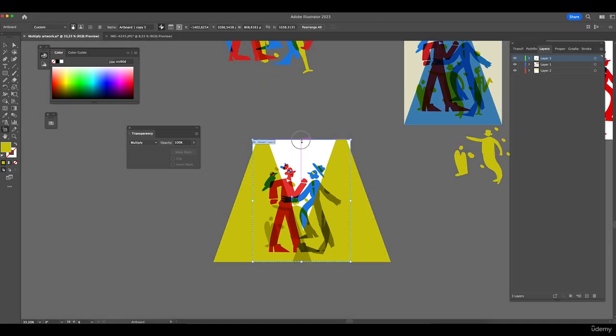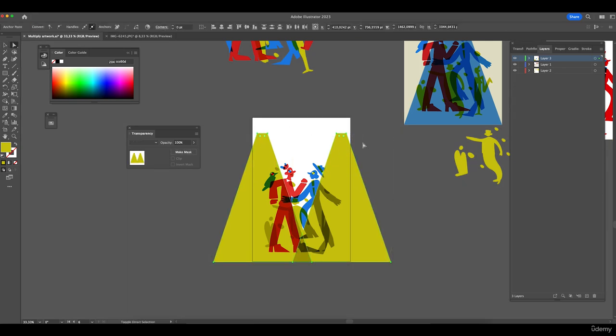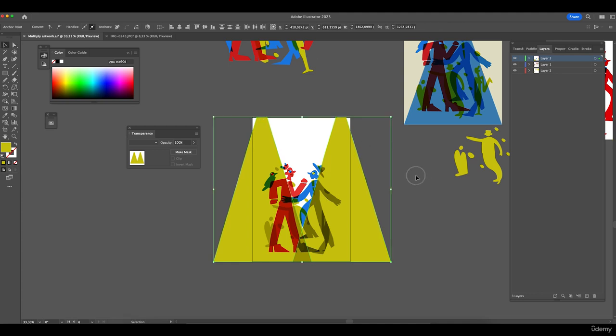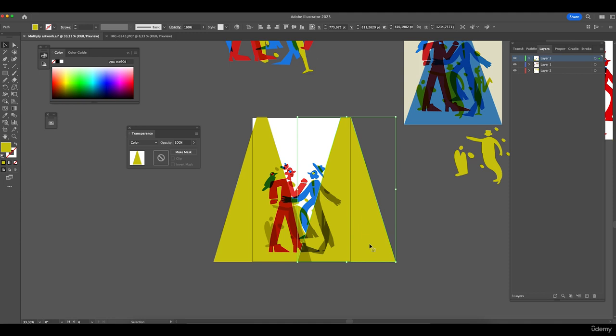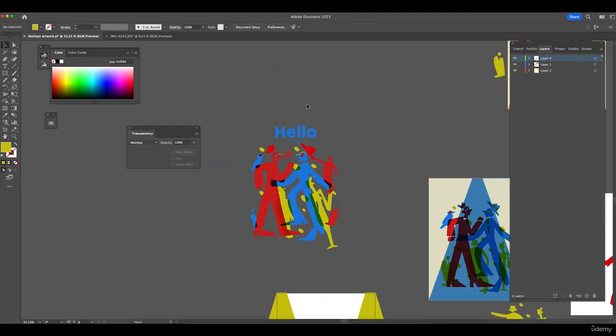And maybe we can give some more white space. So I'm going to use my direct selection tool and just pull these bad boys up. And maybe put them completely in the corner. And maybe this one should be exactly the same. Everyone just in multiply. And then I can add my